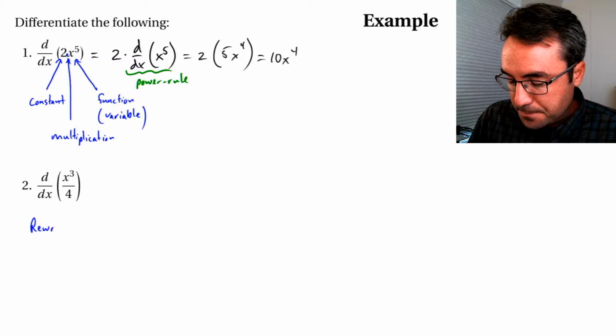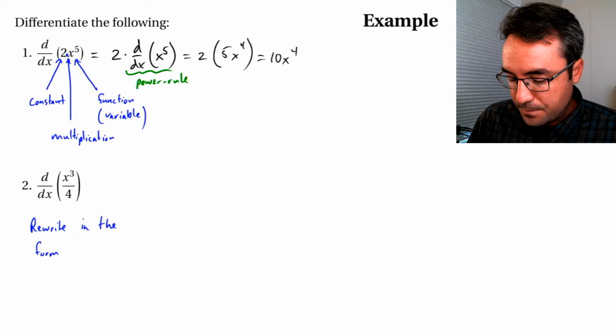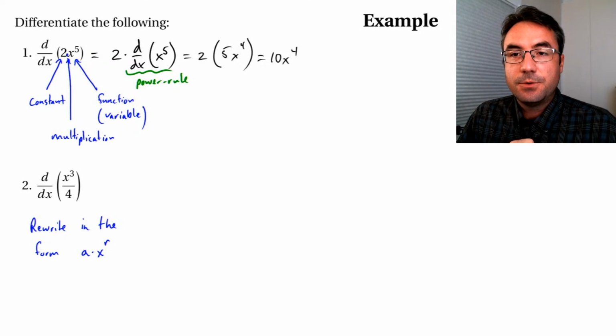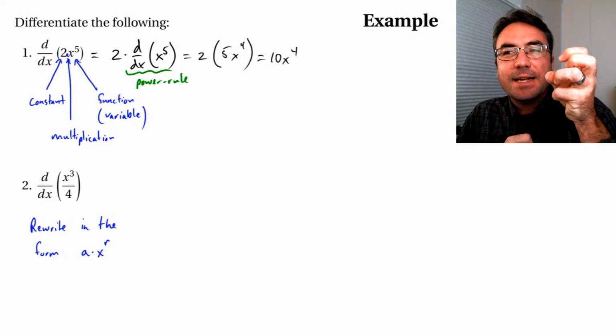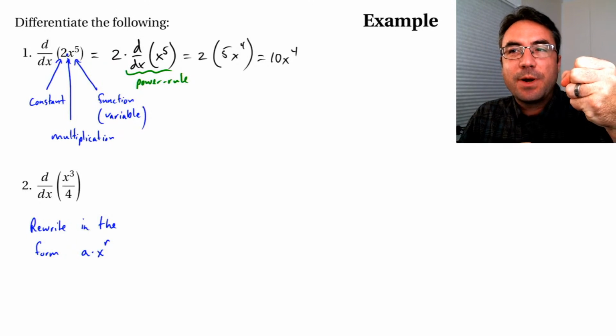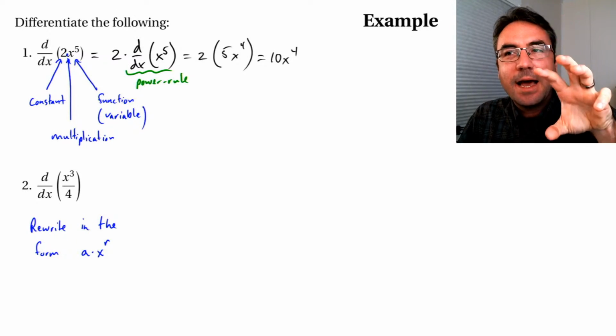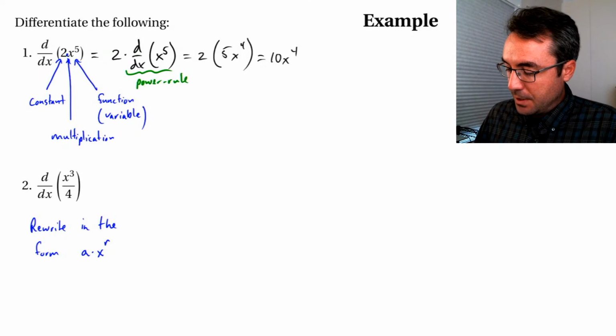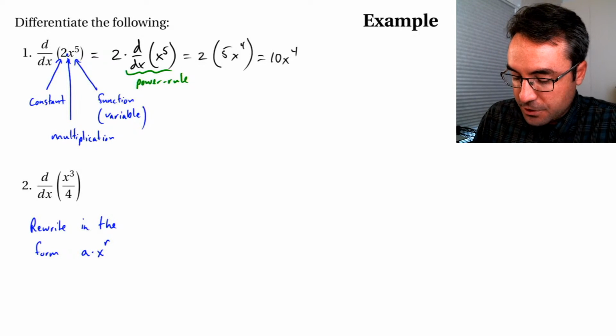It's going to be helpful. We want to rewrite it in the form that we were just talking about, a times x to the power r. So we want to move all of our constant terms, group them all together, and put them in front of our x terms. So if we do that for this function,